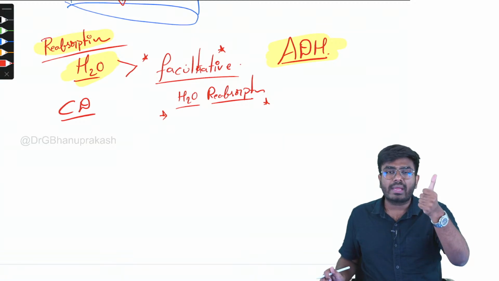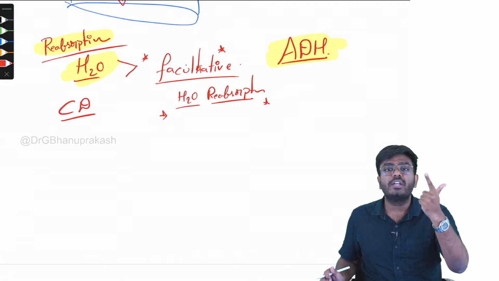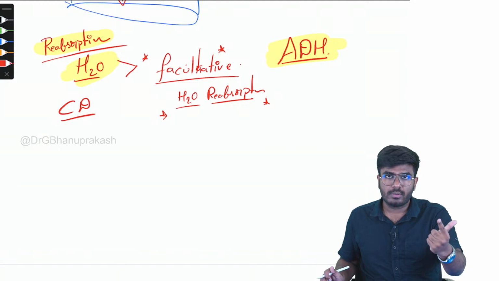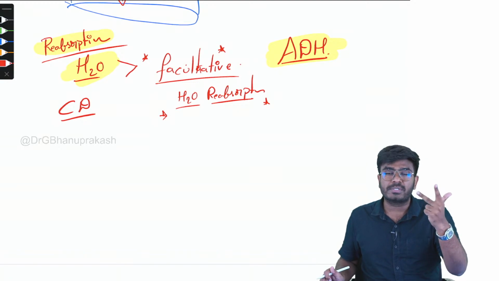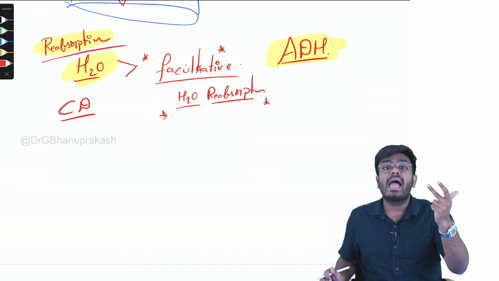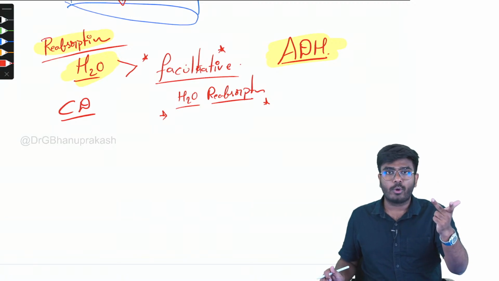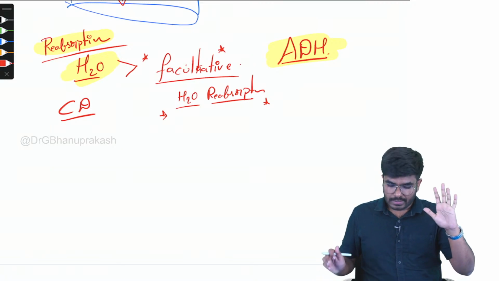Collecting ducts. Facultative water reabsorption is dependent on which hormone? Antidiuretic hormone. Okay, facultative water reabsorption is happening via which channels? Aquaporin 2 channels. Okay. Now, after discussing this,